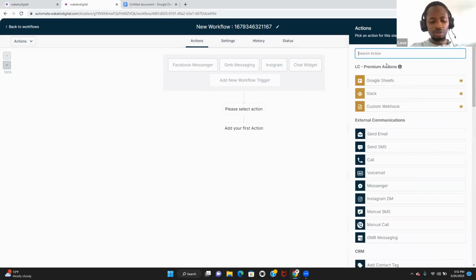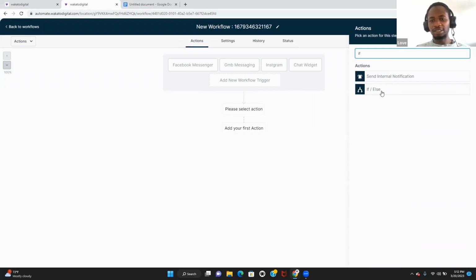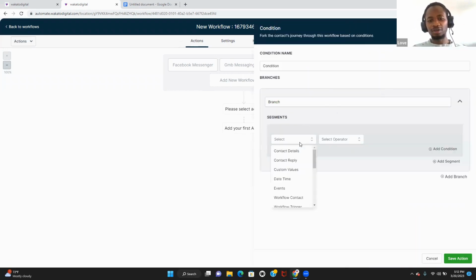So branch if. So if/else is like we're going to tell the system: if the workflow trigger that we have, this is pretty much the workflow trigger, this is what's going to trigger whatever we're doing. So if the workflow trigger is